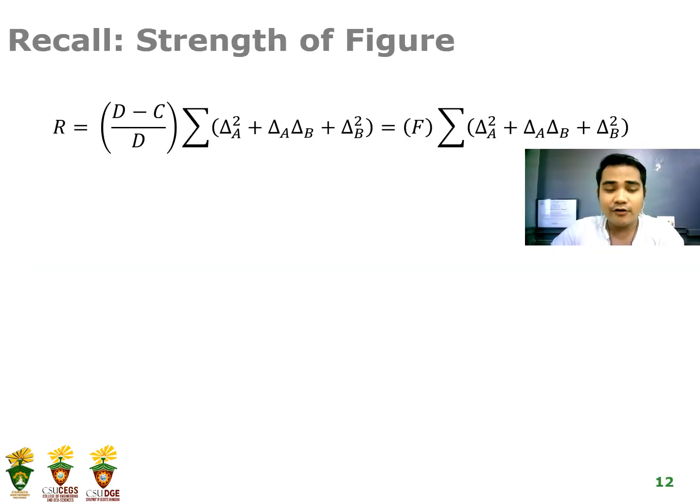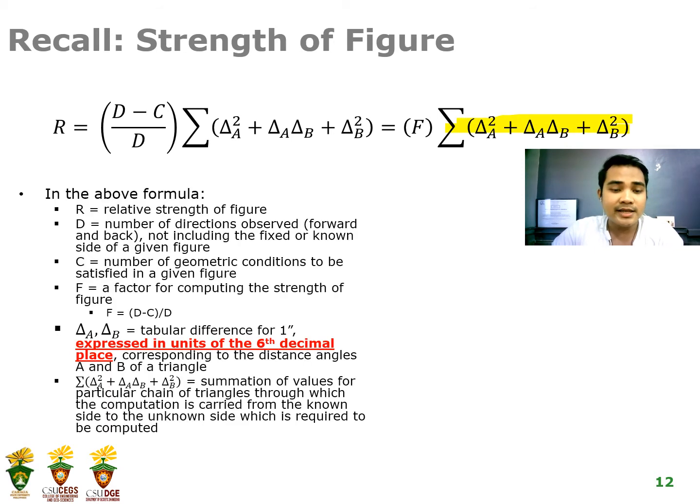So here is the formula for the strength of figure. R equals (D minus C) over D times the summation of change in A squared plus change in A times change in B plus change in B squared. Or F, which is a factor equal to (D minus C) over D, times the summation of the equation. Where R is the relative strength of figure,